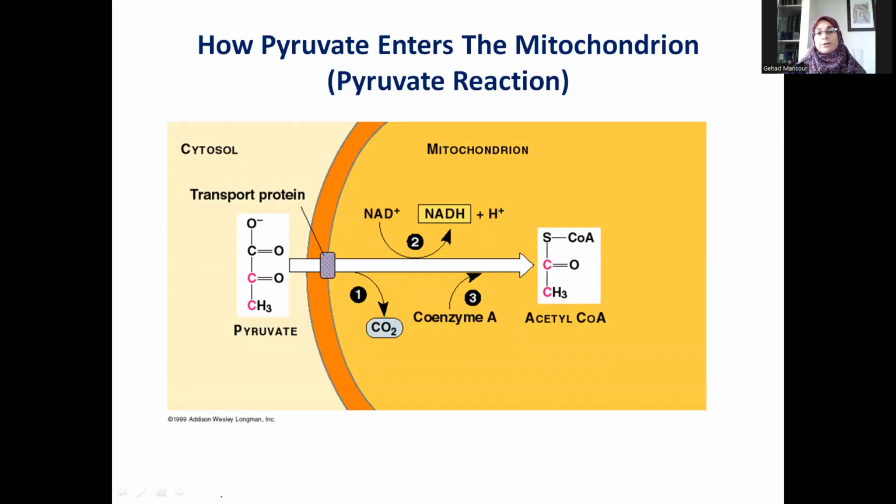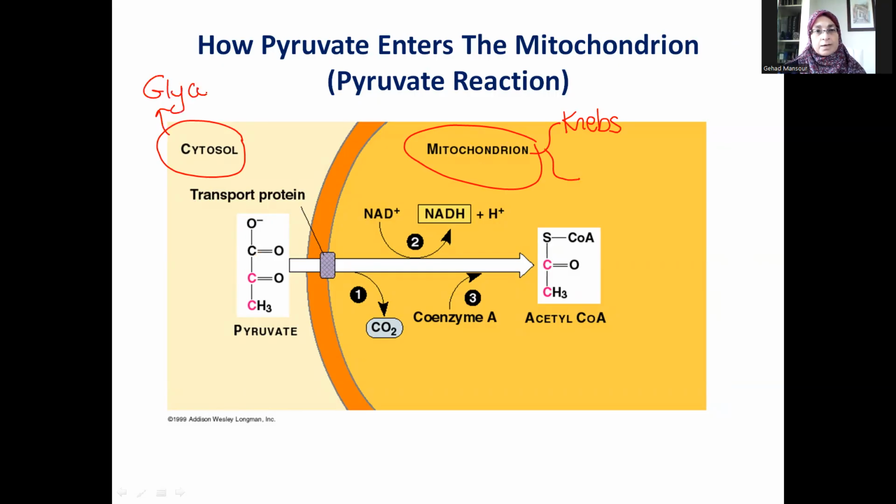In this important diagram, we see how we shift from glycolysis, which occurs in the cytosol, to the inside of the mitochondrion, where we will have the Krebs cycle. So in the cytosol, we have glycolysis. And as we said, glycolysis is a common pathway between aerobic and anaerobic respiration, and glycolysis per se does not